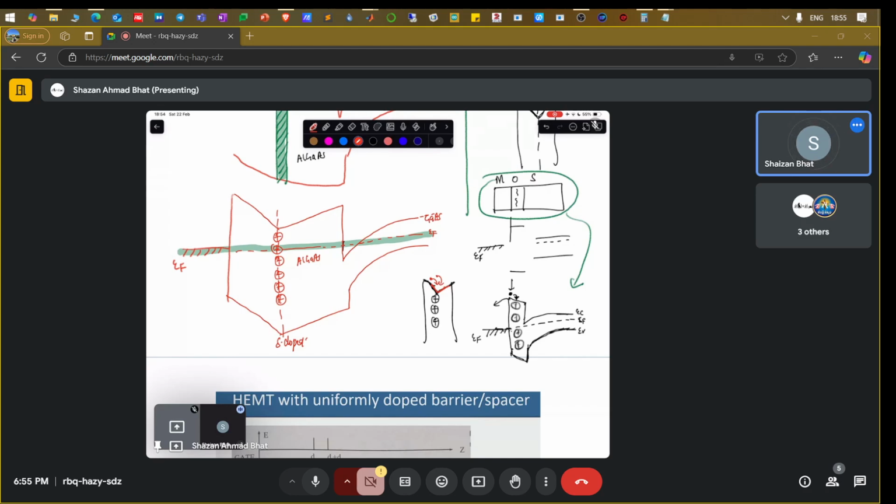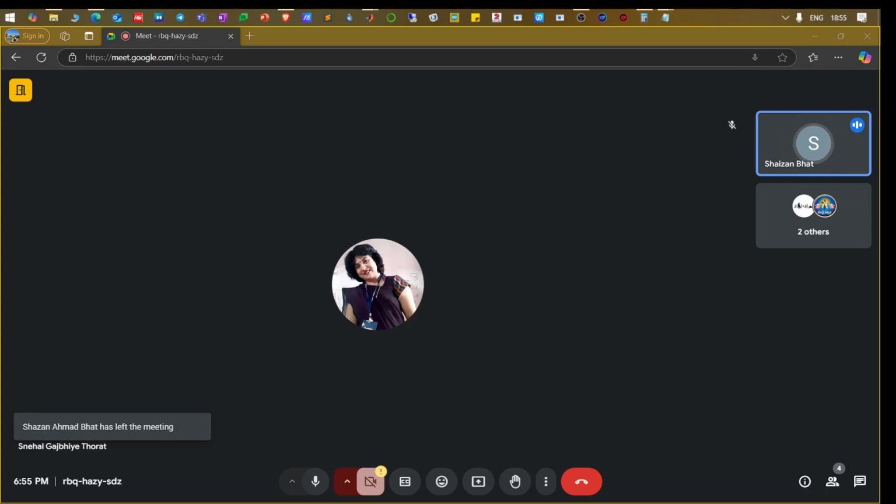Now let me add a few more pages. So now what is going to happen? Now we have further bendings. We have bending first here, let's call it V1. This is another bending, let's call this V2. And this is,